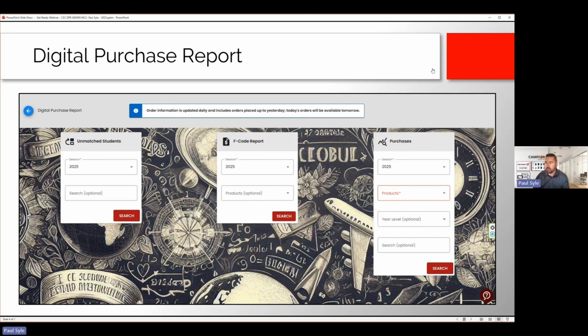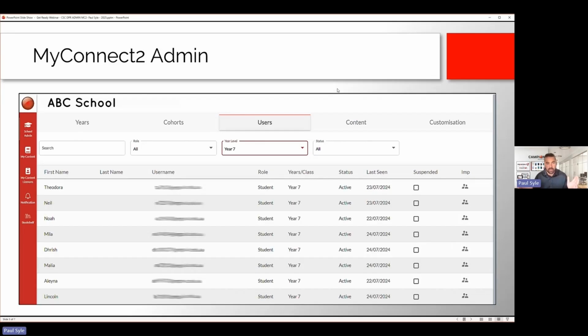Okay, moving on. I've got the MyConnect2 admin. So this is really the admin area to support MyConnect2, the actual application itself, the bookshelf app. So we're in ABC school here, and when you open up, you'll get a view of all your students, teachers, all year levels in one spot. Pretty simple screen. It's not meant to be complicated. You've got all the usernames, which will be email addresses, the role, whether they're a student or teacher, class, and the